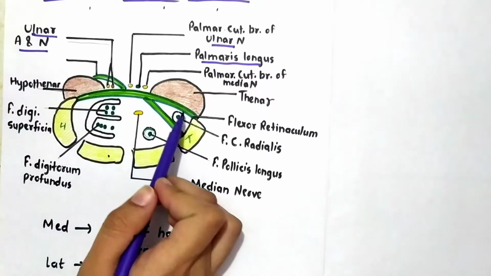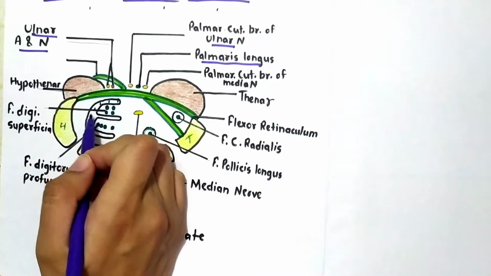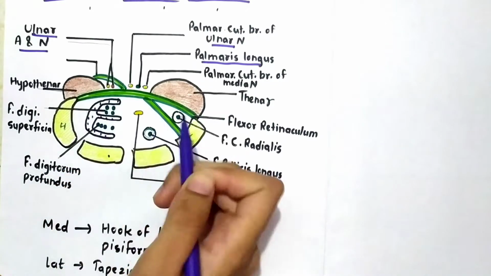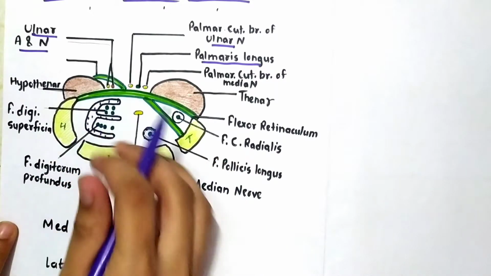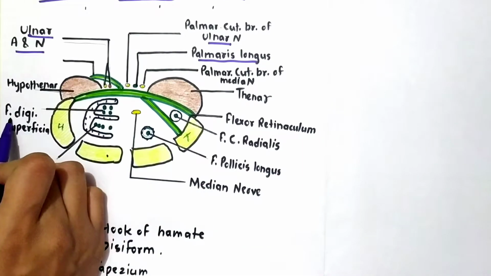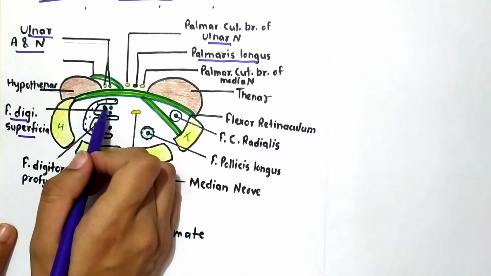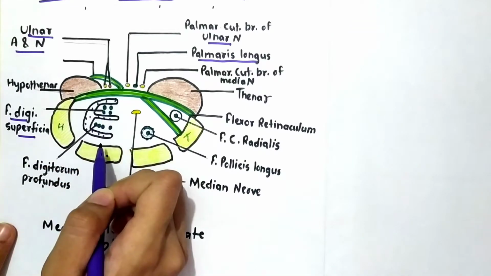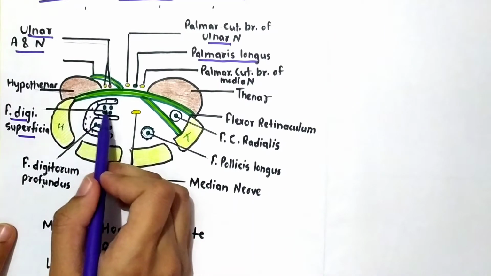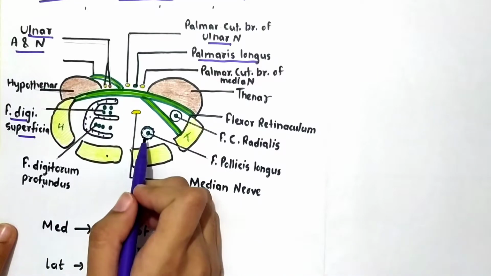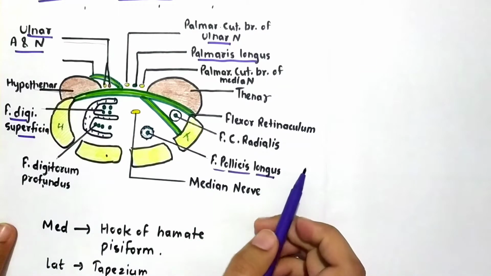This is the carpal tunnel, and in this tunnel there are 2 bursae. One is this ulnar bursa and the second is this radial bursa. In the ulnar bursa the tendons of the muscles flexor digitorum superficialis and flexor digitorum profundus are passing. Above there is the flexor digitorum superficialis tendon and below there is the flexor digitorum profundus tendon. So this is the ulnar bursa and these are the tendons passing through this. And this one is the radial bursa. It holds the flexor pollicis longus muscle tendon.